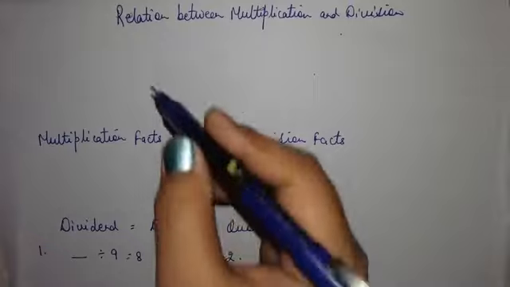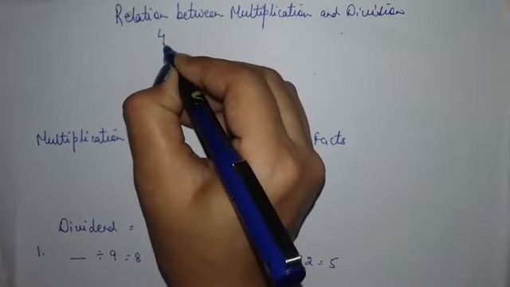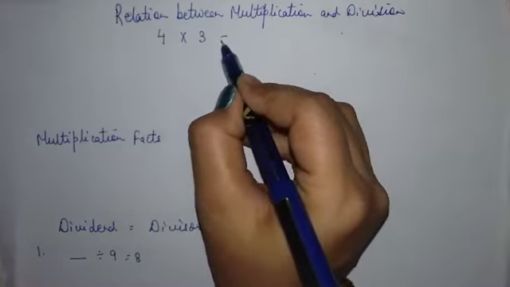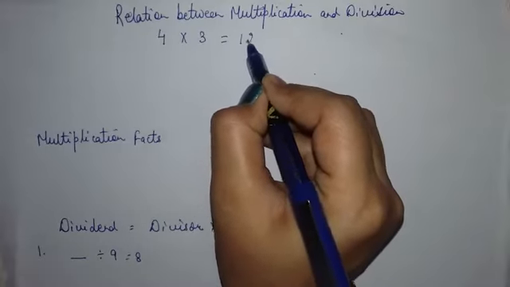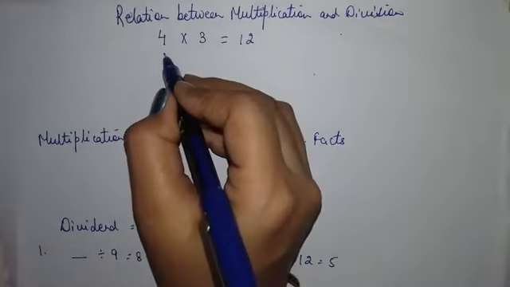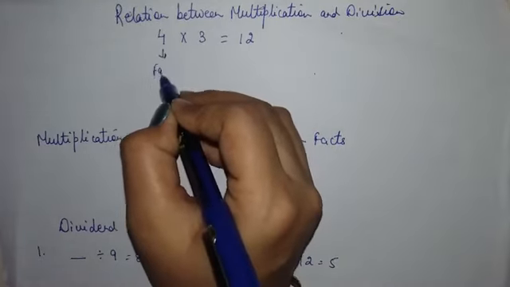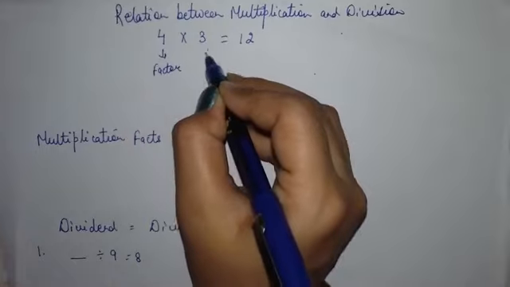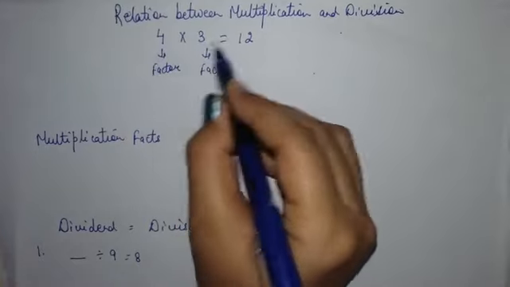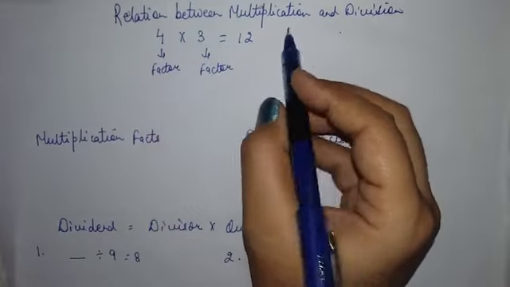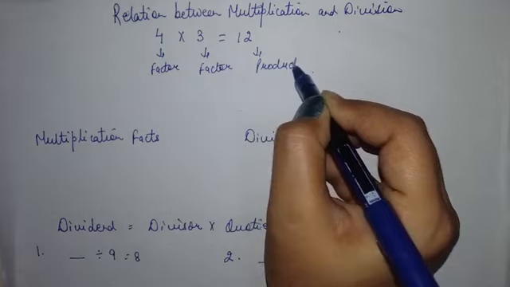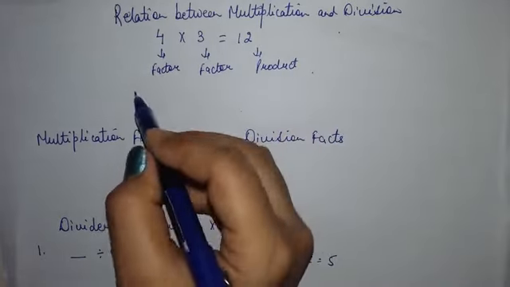If I write here 4 multiplied by 3 equals to 12. 4 3s are 12. Here 4 is a factor, 3 is also a factor. When we multiply both these factors, we get product which is 12,